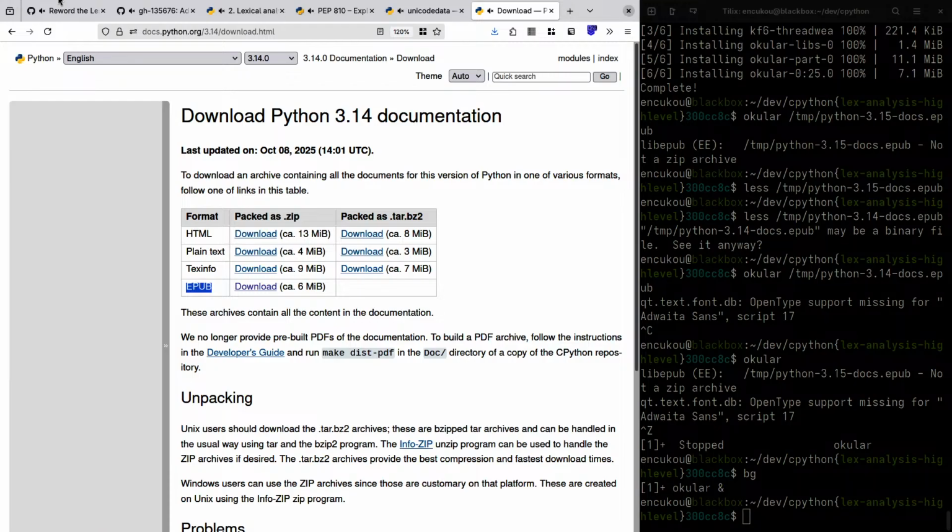Yeah. So that was not my decision. As a representative of the CPython project, I'll just say it is that way. Okay. But it's still possible to build them on my own, right? I saw that somewhere. Oh, yeah, it absolutely is, but you do need to have LaTeX installed with a bunch of awkward dependencies, which is part of the problem.